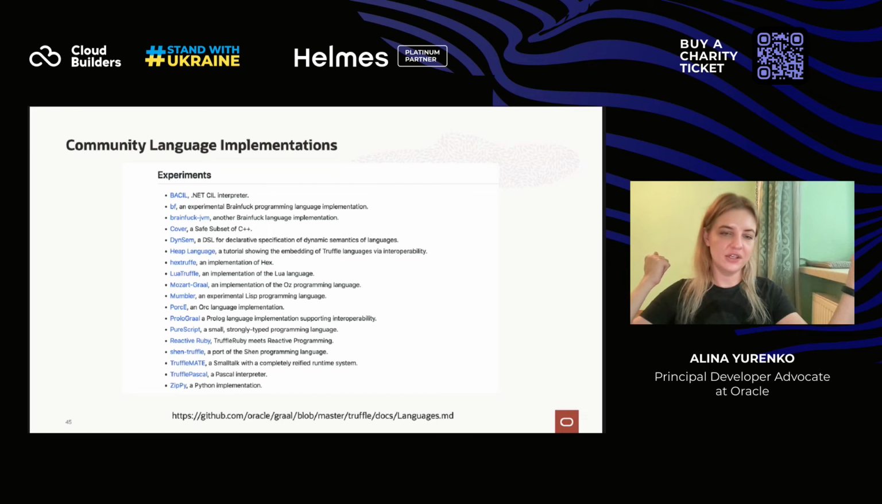One of those languages is, for example, Lua. I'm sure you've heard about it. Also, we have implementations such as, for example, Reactive Ruby, or even a community implementation of BrainFuck on GraalVM, which is